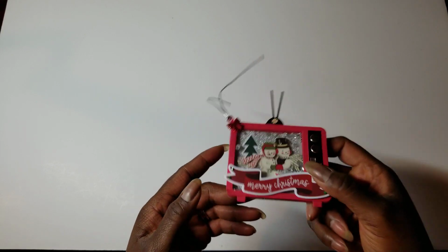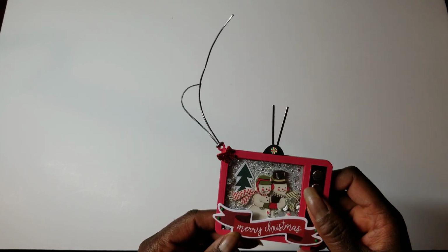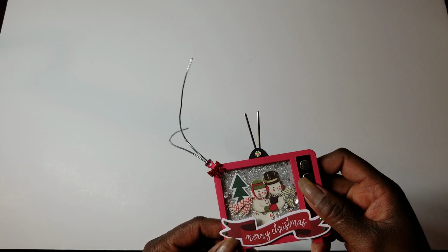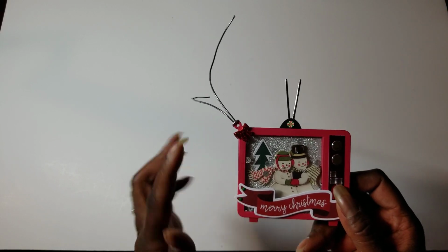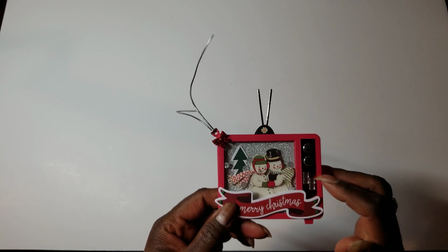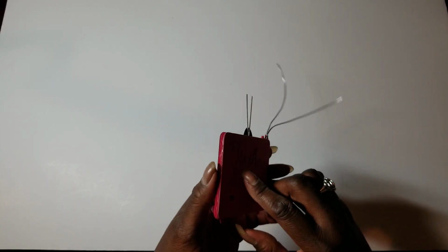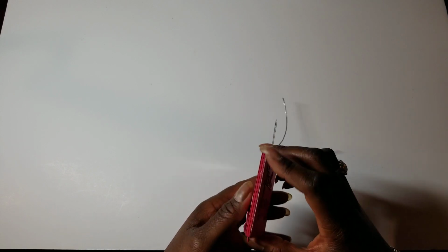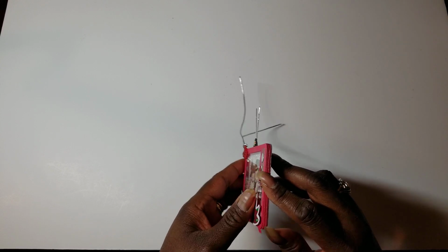Now, I knew there were some other things I used. I did not leave the shaker pieces out. But there's even a few little snowman shaker pieces in here also. But I use heavy 100-pound cardstock from Michael's, along with some red foam from the kids area, the foam sheets, and I cut them